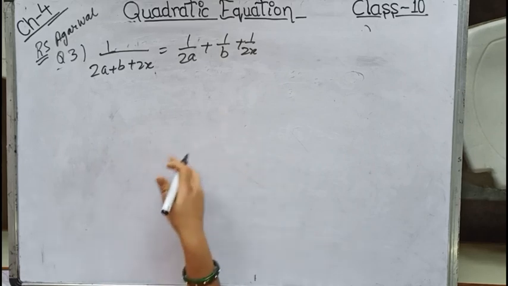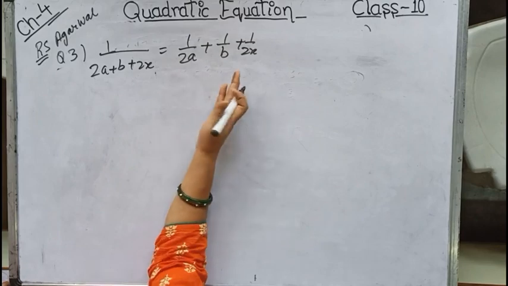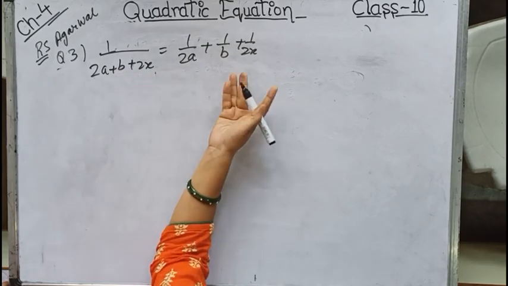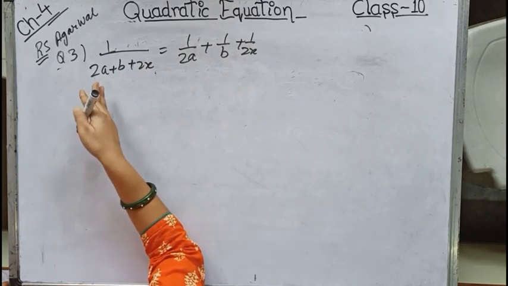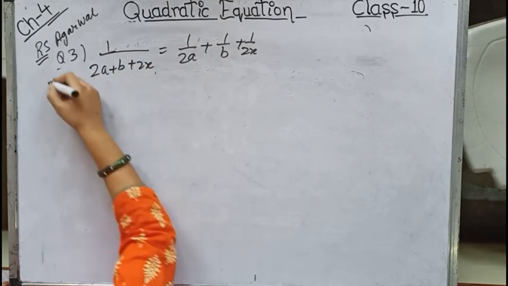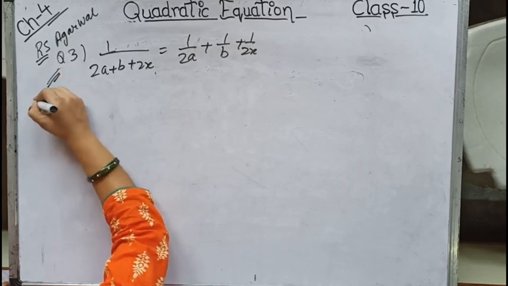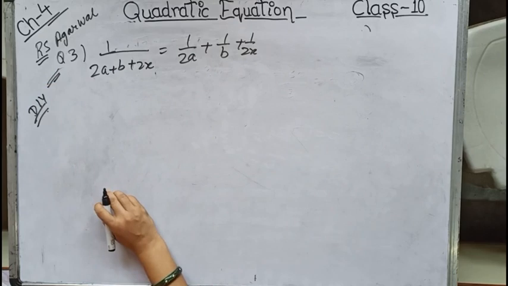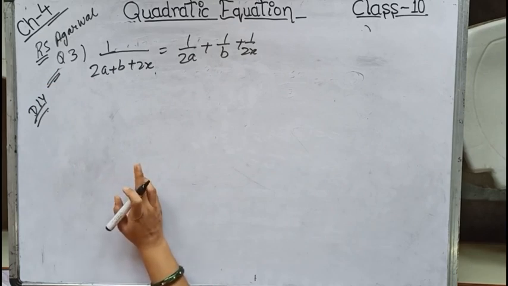As I think, one similar type of sum we did, in which 1 by x was in the denominator. So whichever term has the variable in the denominator, that term you will be shifting to the left hand side. Solve similarly, and then you will be getting the answer. So this sum I am leaving for you to do yourself. Try to do it. If not, I will be helping, because one similar sum I have done. Now one more sum, let me find out.